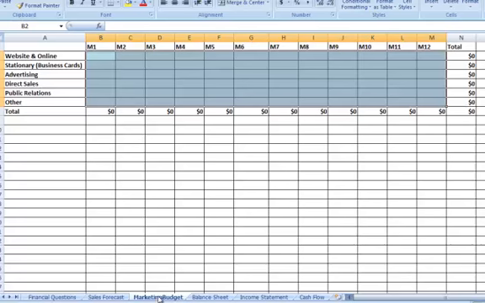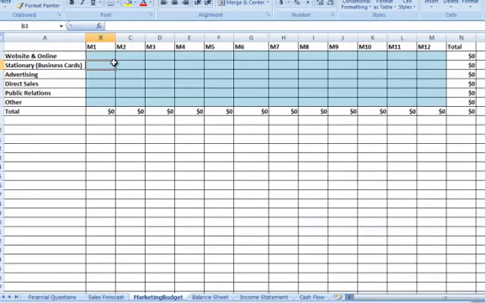On the third tab is the marketing budget. Every single cell that's blue is something that you can edit. And this will then flow through to both your income statement as well as your cash flow statement on this template. So under month 1, which is M1, you can start thinking about any of your website or online costs